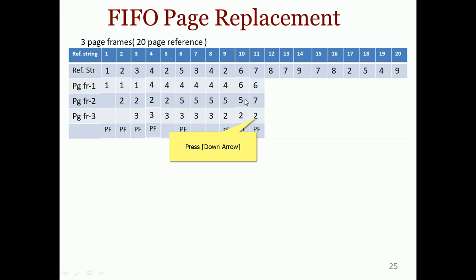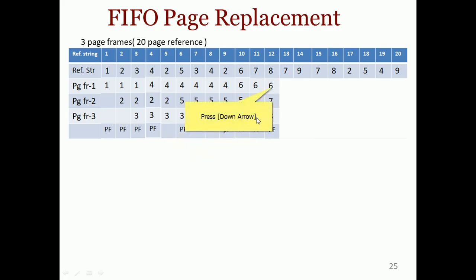6 7 2, that is a page fault. Next 8 is also a page fault, since that page is not available, and we remove the oldest page, which may be 2, the second page is the oldest page, so we remove that. 6 7 8, right? Next, page 7 is already there, so no page fault. Next the 9th page is not here, so that is a page fault. Then we place the 9th page in the oldest page's place, obviously page number 6 needs to be replaced, as it is the oldest page.